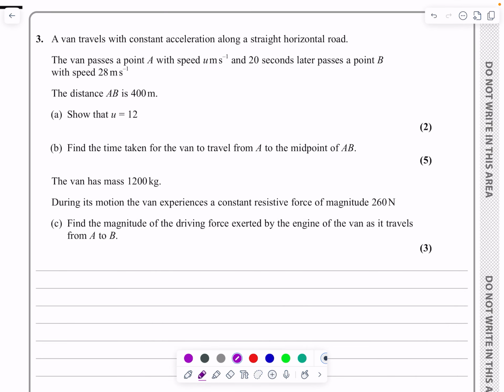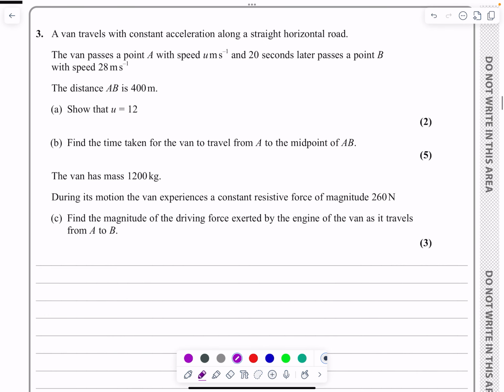Okay, this is the M1 paper from January 2024. Question number 3, and this is a kinematics question. We've got a constant acceleration for our system, so I'm going to be using the SUVAT equations. It tells me, part a, a van passes a point A with the speed u. 20 seconds later it passes B with a speed of 28. It tells me that the distance covered there is 400 meters and asks me to show that u is equal